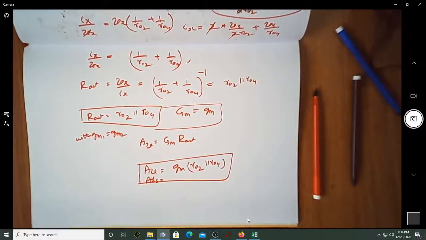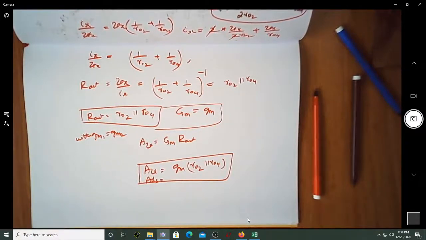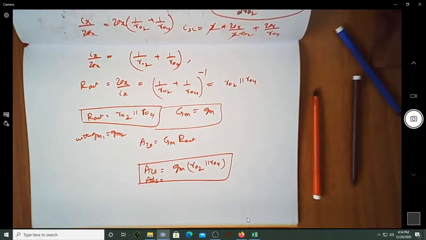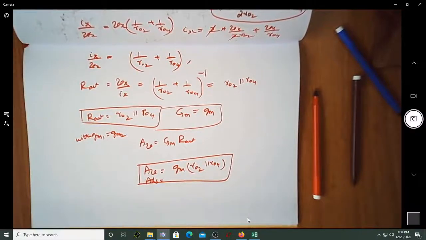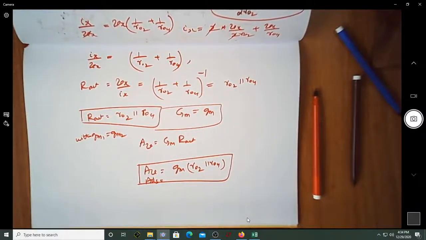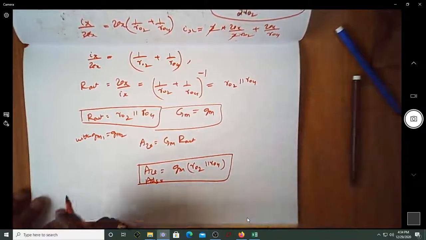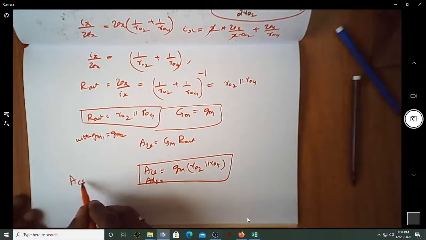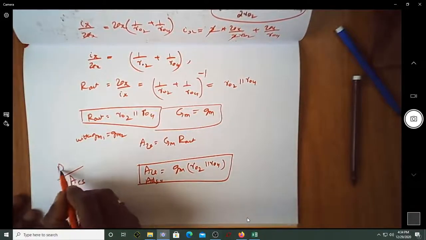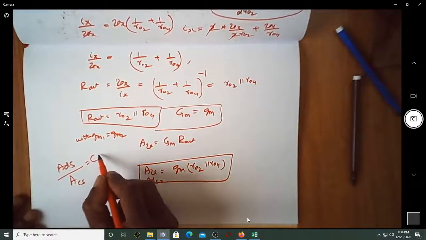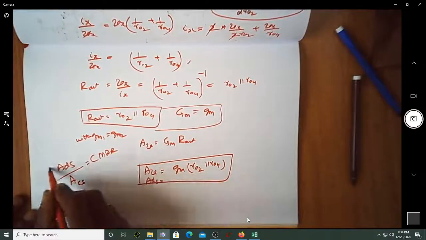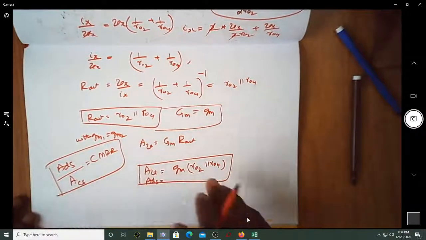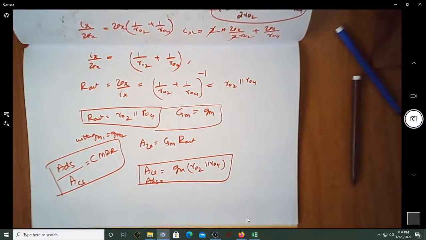In the next video we'll see how to find the gain for a common input, because what we found here is for the differential input. We're going to find it for the common input. Once we find ACS, which is again single ended, and if you know ADS, you can certainly find out the CMRR of a differential amplifier with active load, that is current mirror.